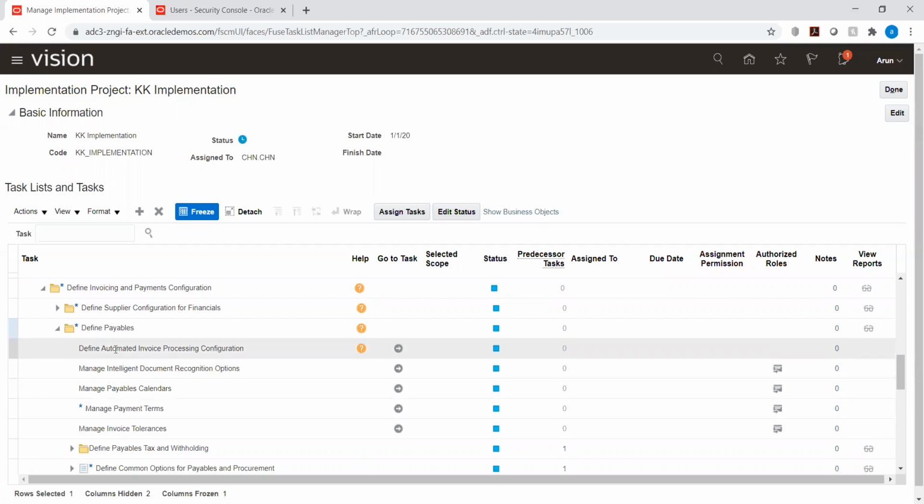So this is what I was saying, the invoice processing. If you take an image of a particular invoice, Oracle will give us a default email ID where we will send this scanned or pictured invoice copy. This invoice copy will be converted into our invoice transaction, where we will use the concurrent program to import it. Since we don't have access to an Oracle email ID, we will not be able to do it, but this is the navigation we will use. We will define the automated invoice processing configuration.